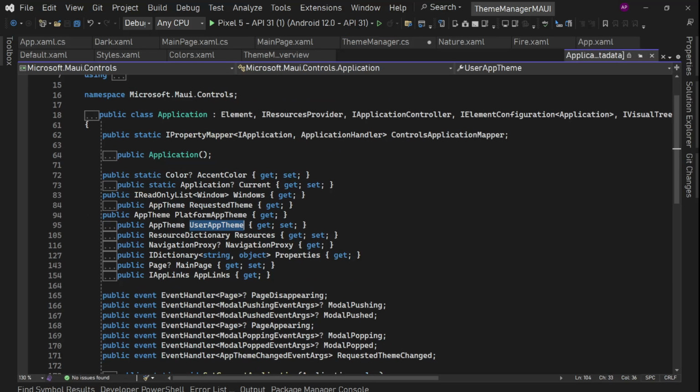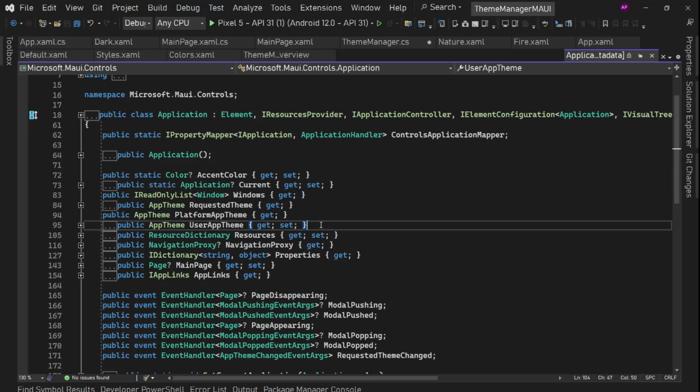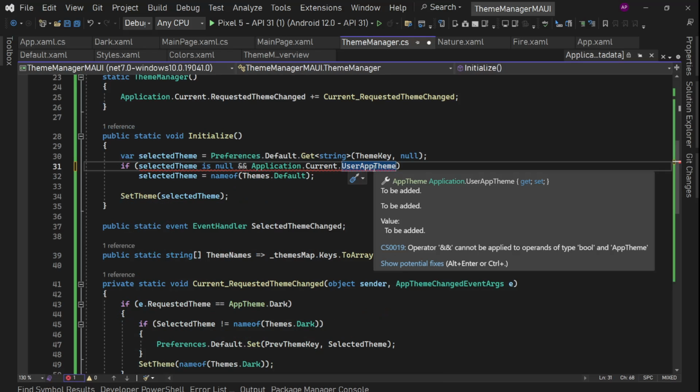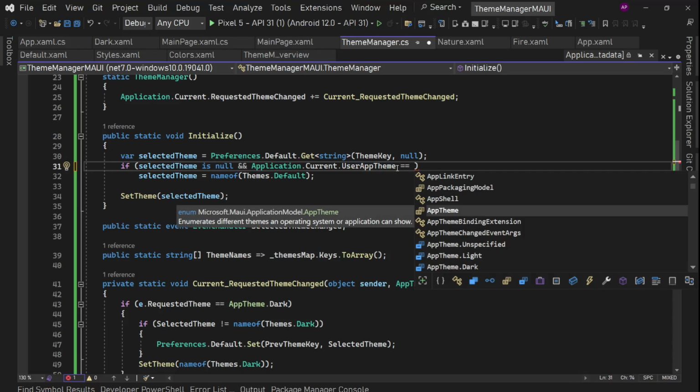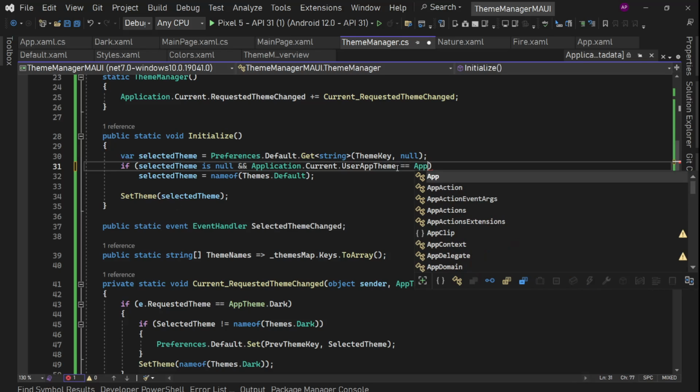So this gives the current user's app theme, that is the dark or light or unspecified, right? So this user app theme, and here we will check if this user app theme is